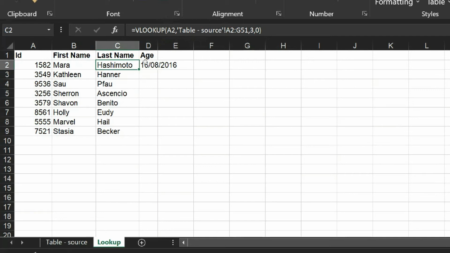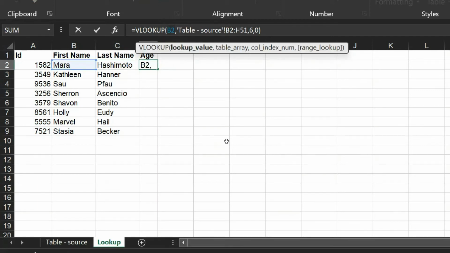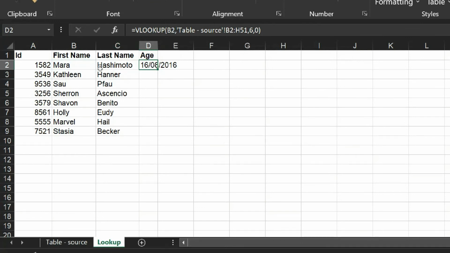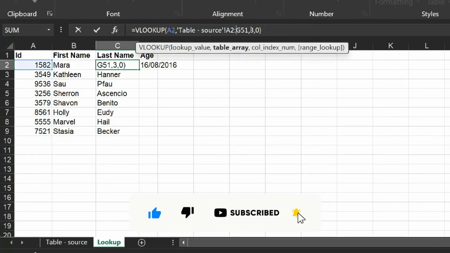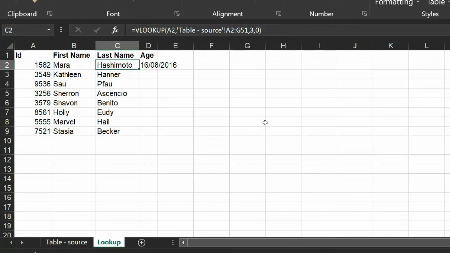Now here it has gone and populated B2, which is incorrect. When we start doing a VLOOKUP formula, we need to lock these values in, so that as and when you copy paste it for large number of data, your cells should not shift. So by that I mean is,